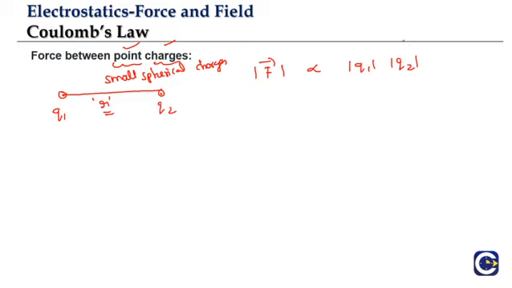So why we are taking the modulus is that charge can be positive, charge can be negative. We are talking about the force magnitude. So remember, whenever we say a vector, the magnitude of a vector will always be non-negative. It can be 0 for a zero vector or null vector, but it will always be non-negative, because for a vector the magnitude represents the length of the line segment, so it cannot be negative. It can be 0 for a null vector.